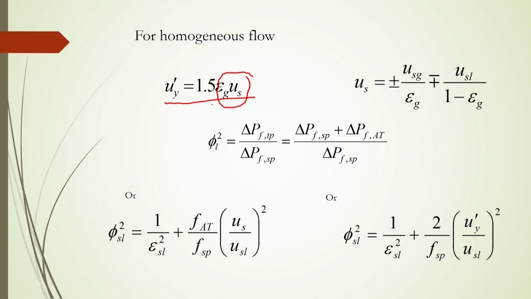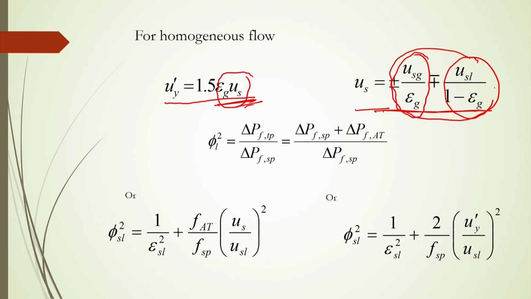So, it is seen that this is 1.5 times the effective velocity of the solid, and this US solid velocity is sometimes called the slip velocity, represented as USG plus or minus USL. USG by epsilon is the actual gas velocity, and USL by 1 minus epsilon is called the actual liquid velocity. From this you will be able to calculate this relative velocity, or slipping velocity. This slip velocity will give you the fluctuating velocity in the homogeneous mixture, and then phi L square